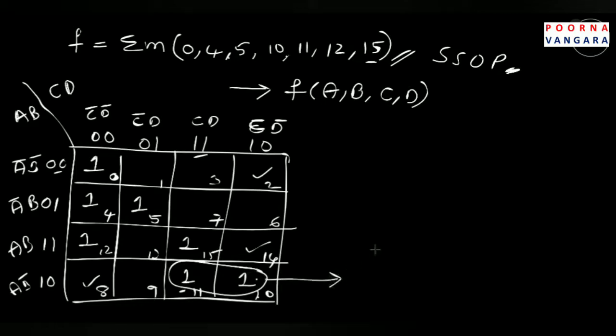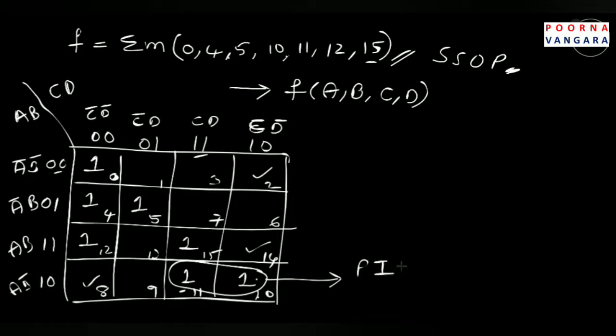This is what a prime implicant is, right? A prime implicant is nothing but grouping adjacent cells with the maximum possibility. You need to consider the maximum possible adjacent cells which are having 1 to group. If you group like that, then whatever product term you get is nothing but your prime implicant.